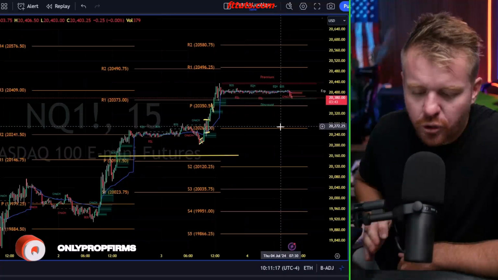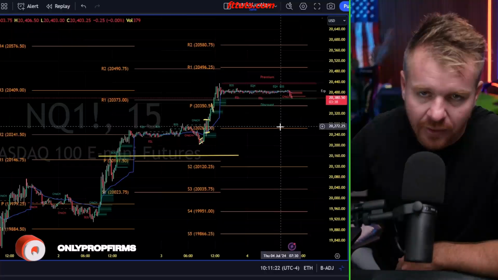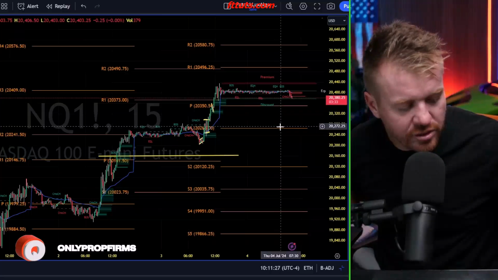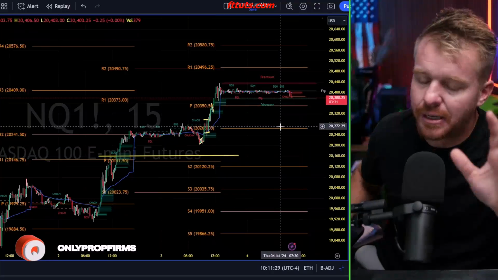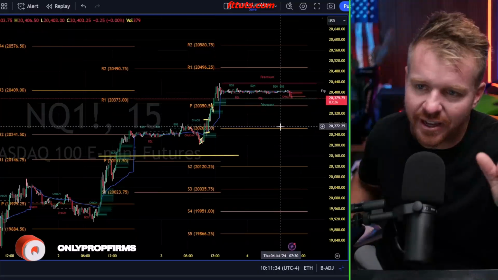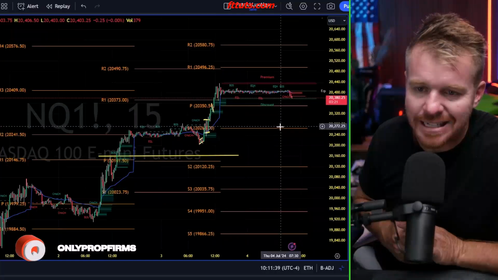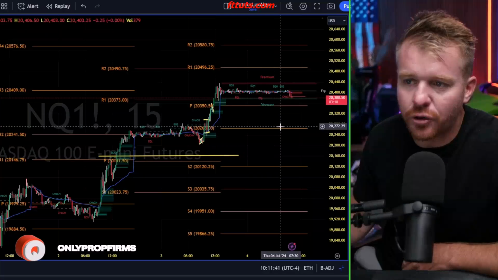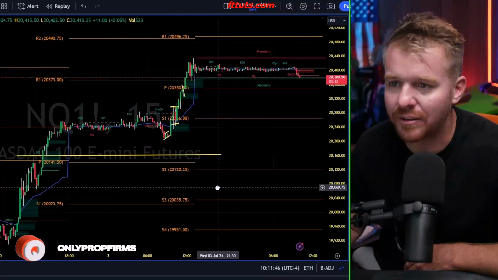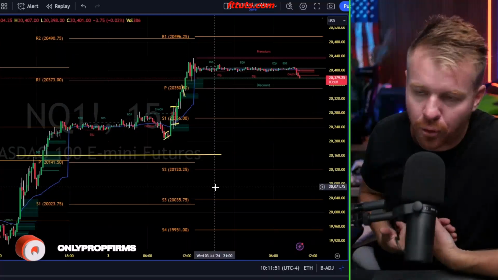Now, some people use their platform that they trade on, like Tradovate, to do their charting. The reason that I really like using TradingView over Tradovate for my charting is there's a lot more indicators and tools that I use that are specific to TradingView, and the overall user experience I feel is a lot cleaner and easier to dial in, and you can just have everything really dialed in with TradingView. It's not even that I'm telling you you have to have TradingView, but me personally,